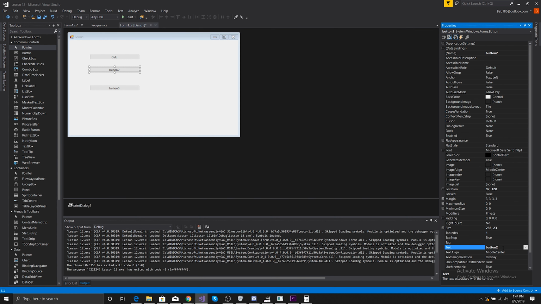This button will open WordPad, and then this button will open GIMP or internet. So if we click these,